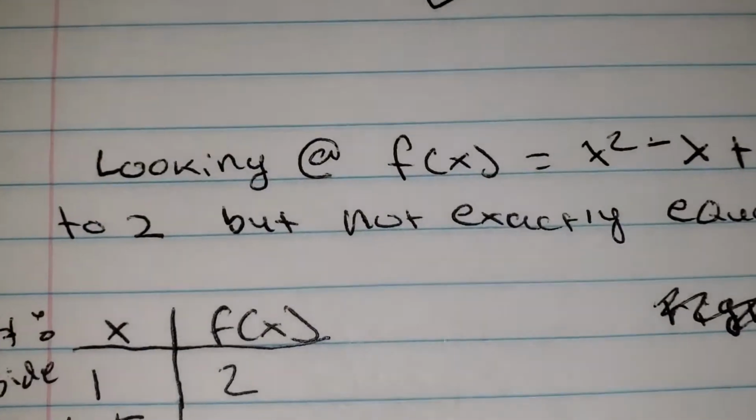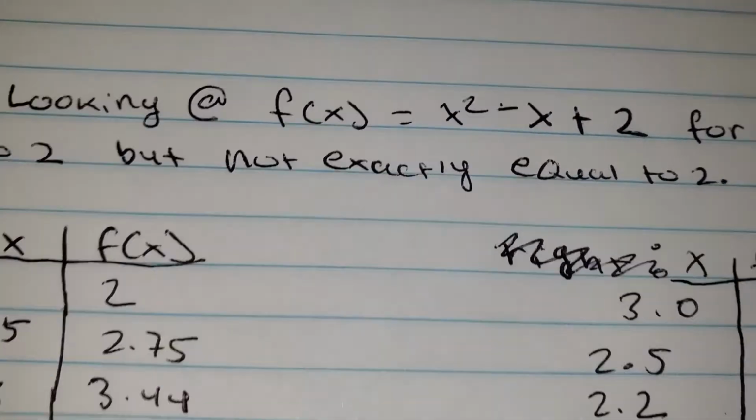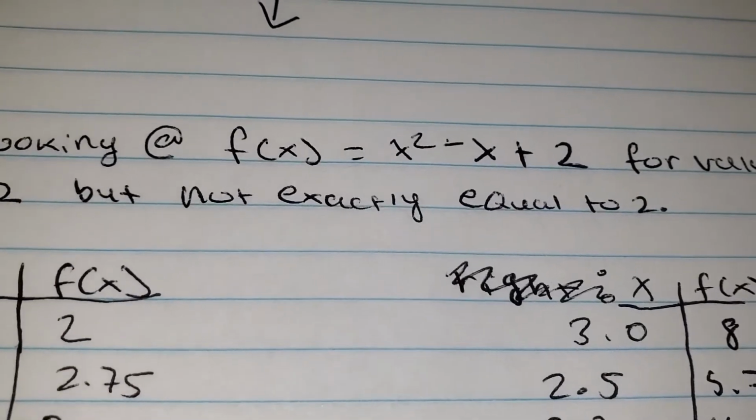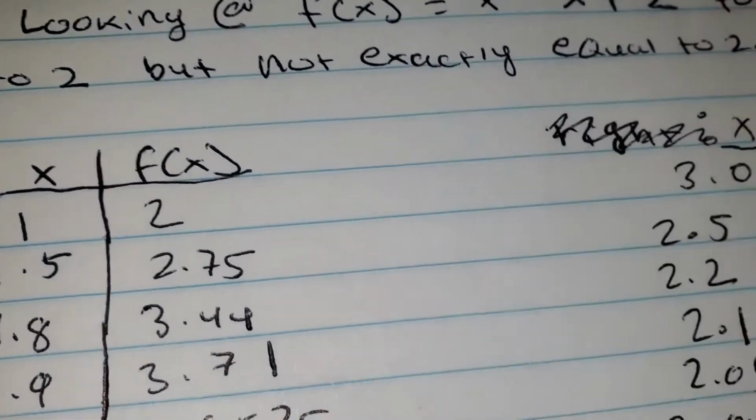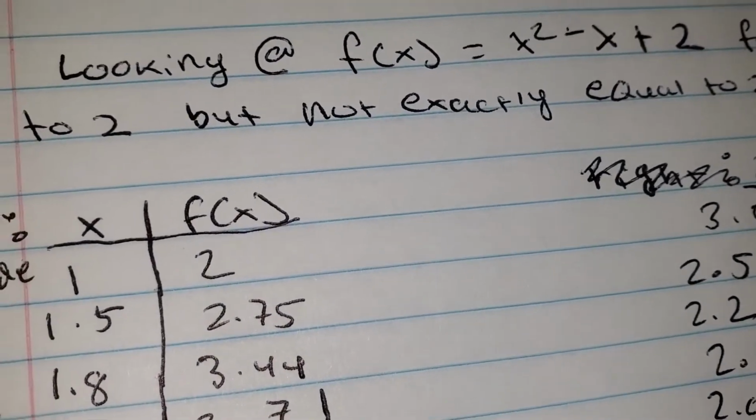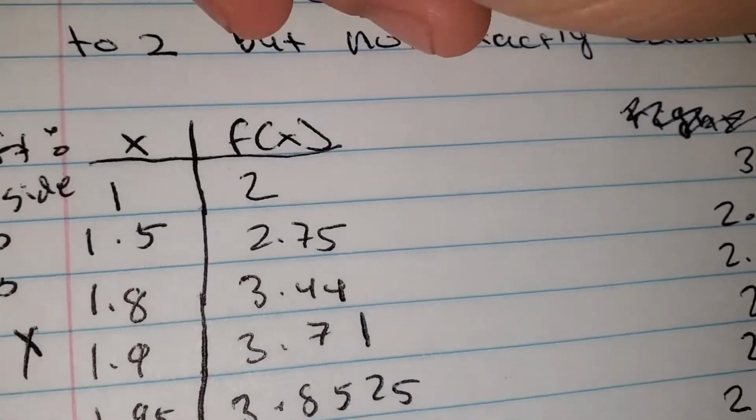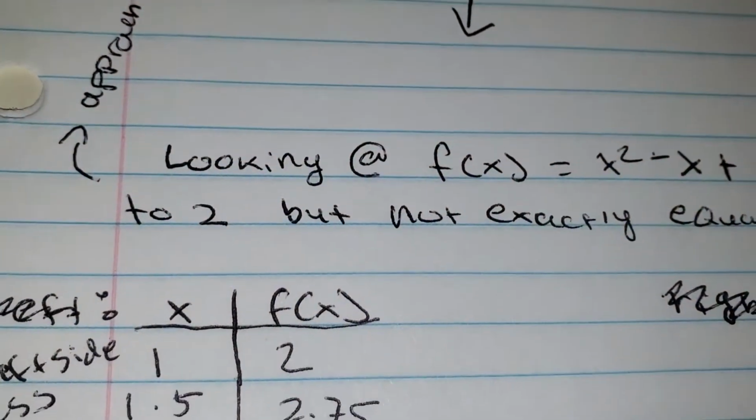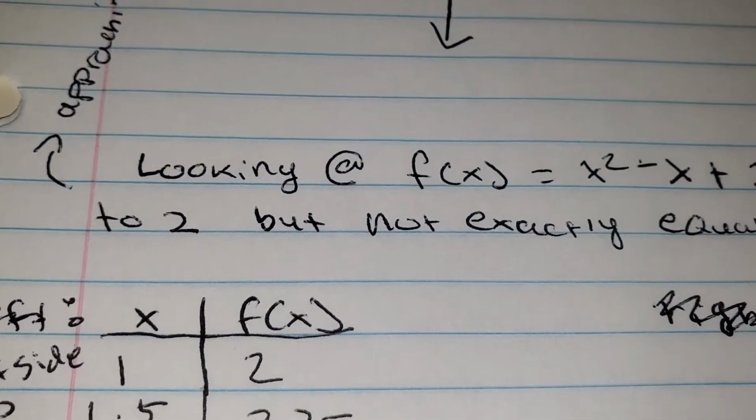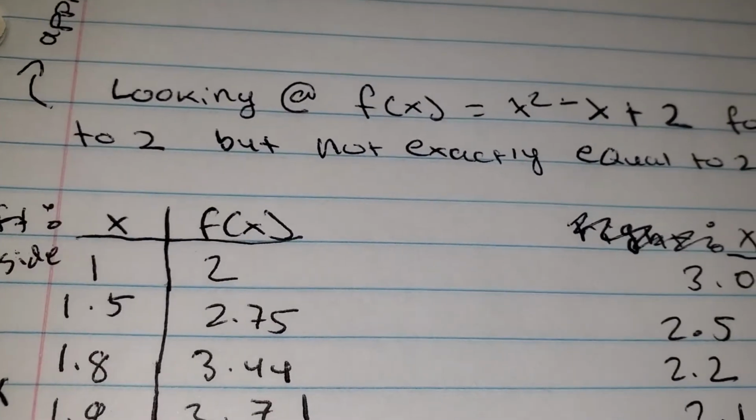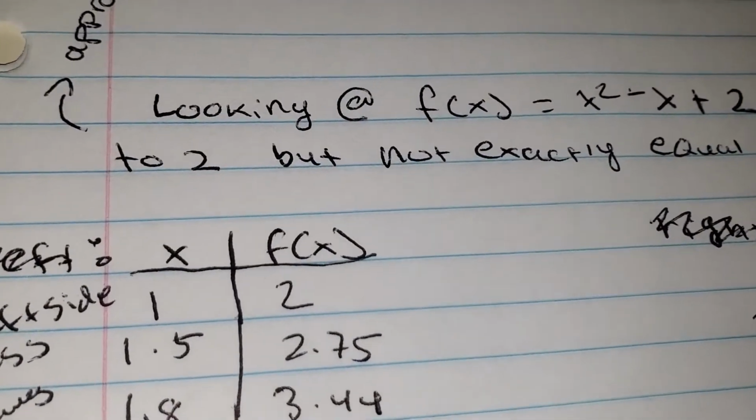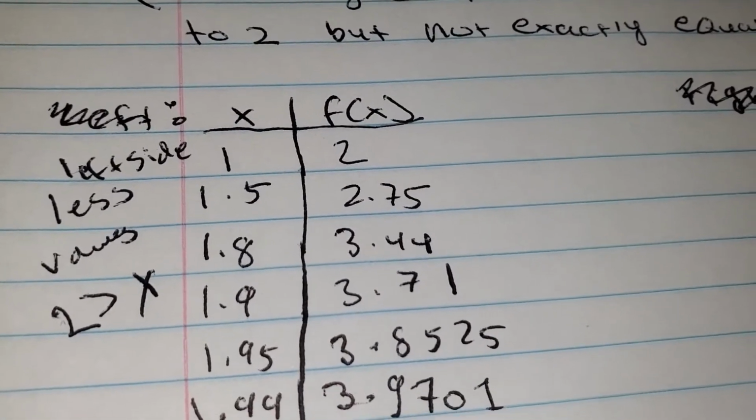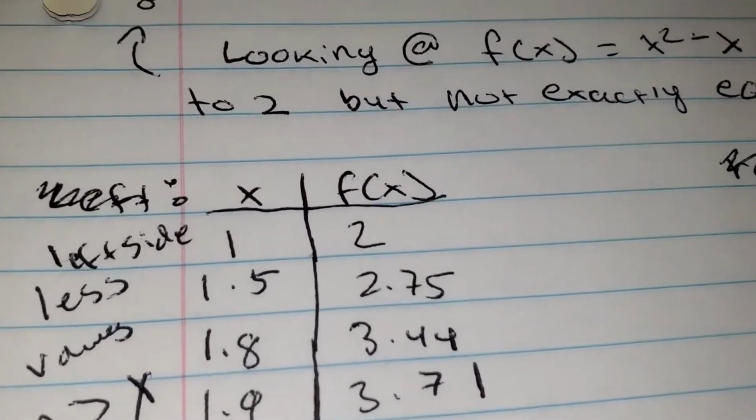We're going to be looking at the function x squared minus x plus 2 for values equal or close but not exactly equal to 2. When they're close but not equal to, we call it approaching. Sorry about that, guys. So, values close but not exactly equal to 2. We are approaching 2. Looking at numbers where x is less than 2, or on the left side of 2,